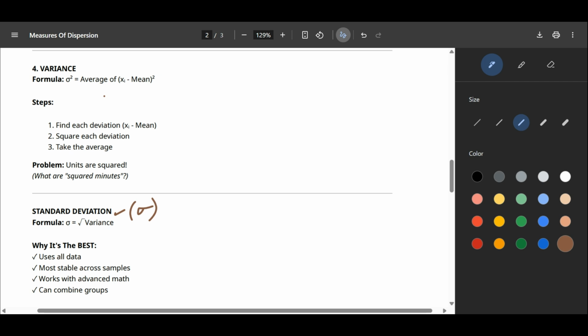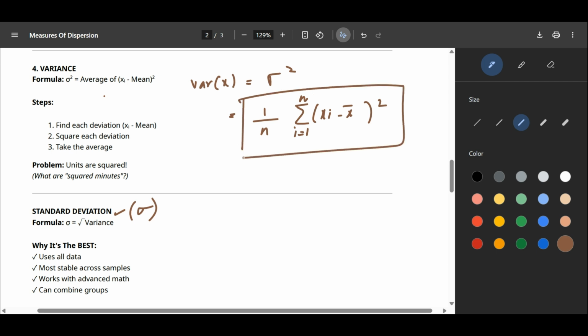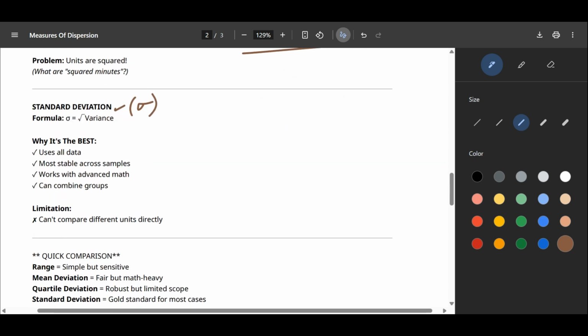So, what is the formula for variance? Variance for x, which is sigma square, is written as 1 by n summation i running from 1 to n, (xi minus x bar) square. Okay, this is the formula. And for standard deviation, this is the formula. Sigma is root over variance. Okay,